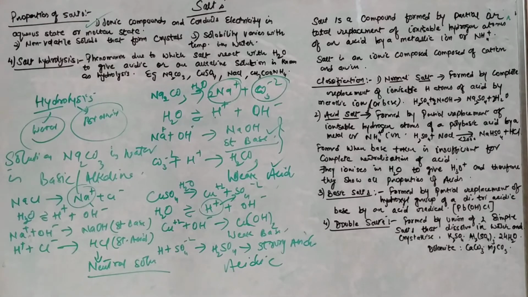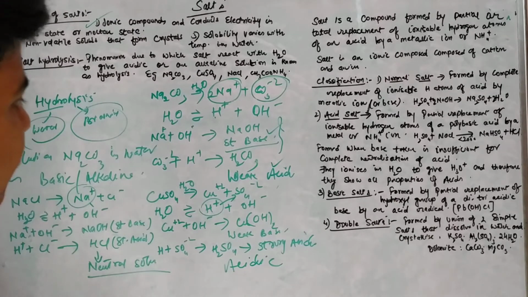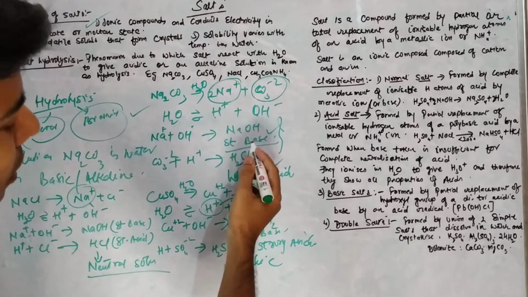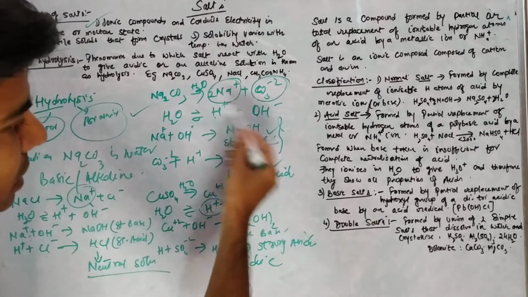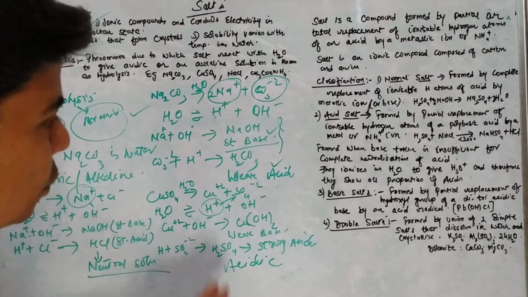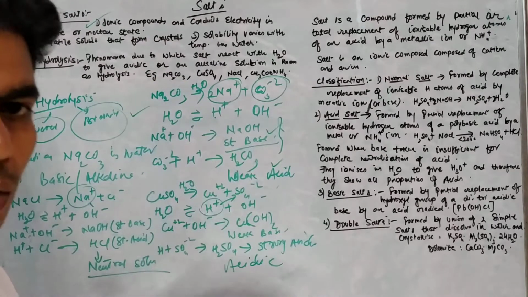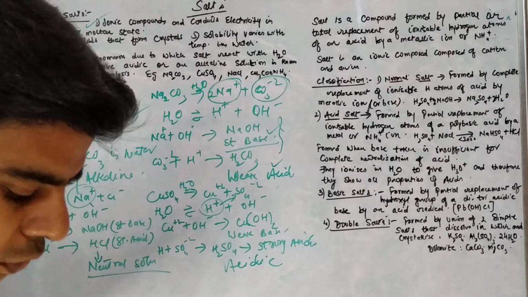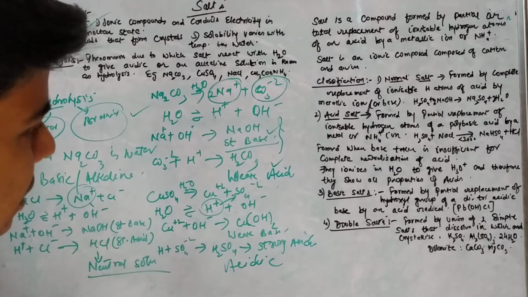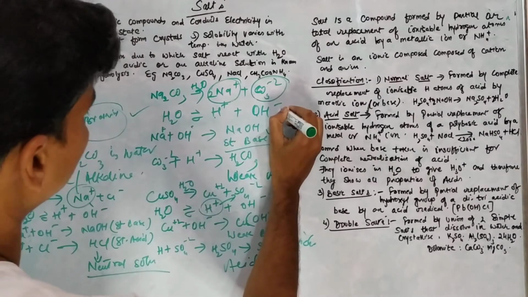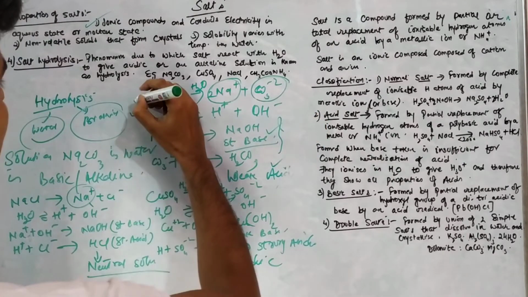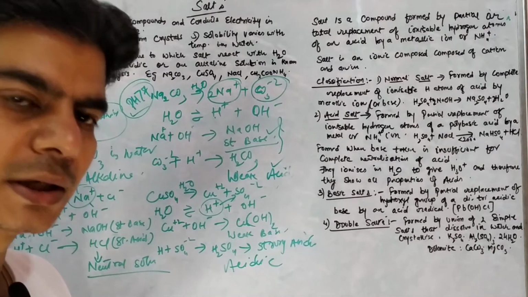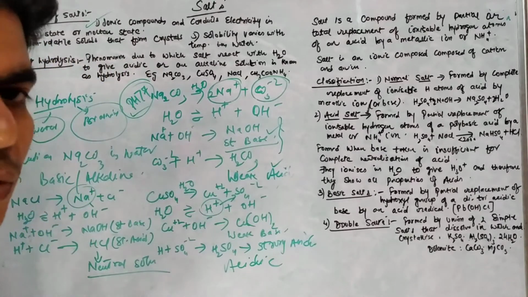Since we have studied pH before, in the first case, when we dissolved sodium carbonate in water, it formed a strong base, sodium hydroxide, due to which the solution of sodium carbonate in water is alkaline or basic. So what would be the pH of the solution? Since it's basic, the pH in the first case would be greater than 7, since bases have pH greater than 7.